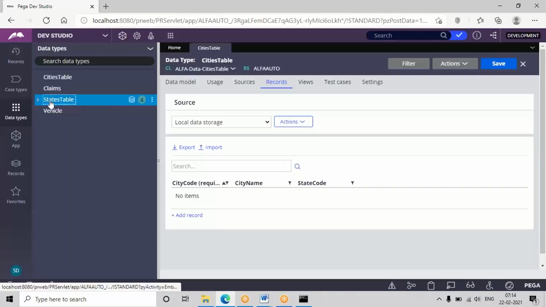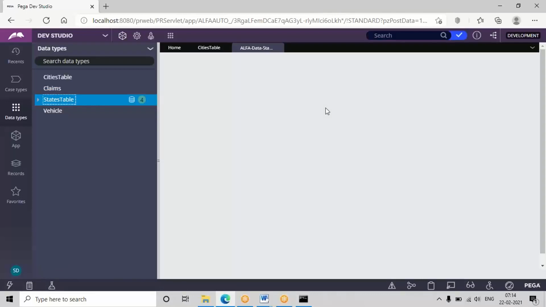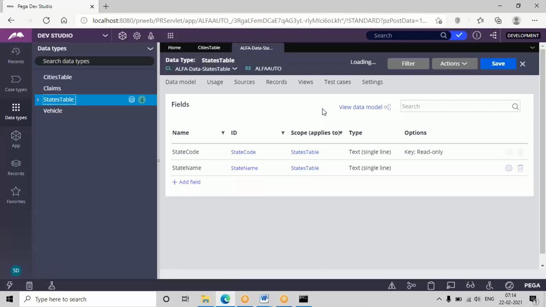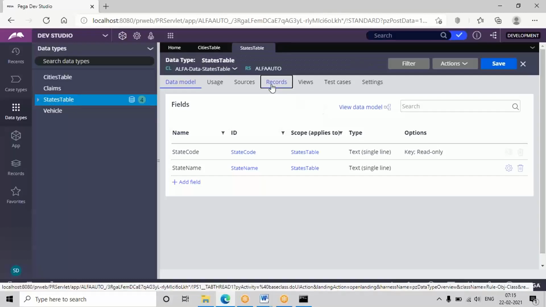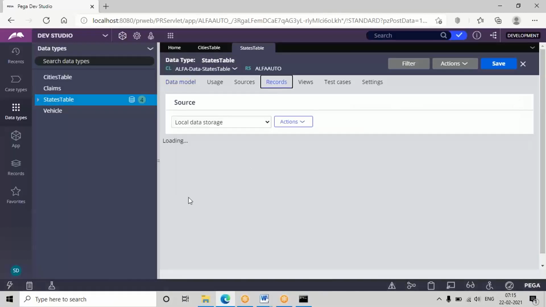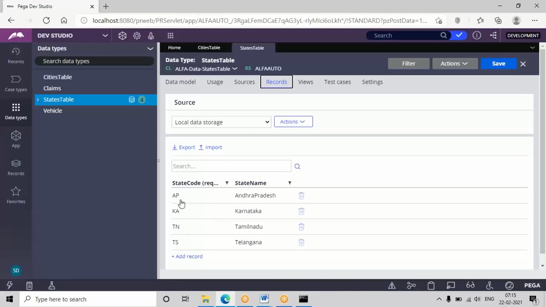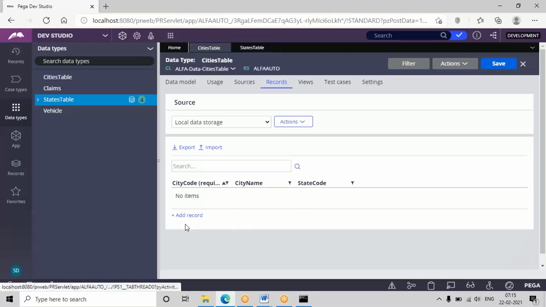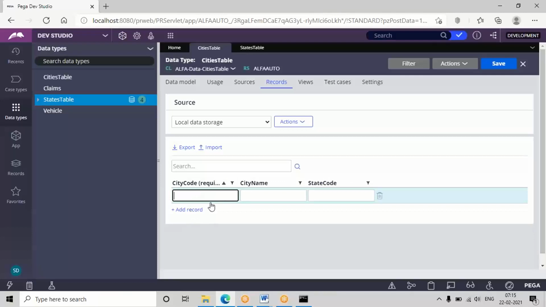See, in my state table, let's check what records I'm having. Based on that, I'm going to give the records for the city values. Because here, based on the state names I have, I'm going to give some records in the cities table. These are the records I'm having in my state table. So for these only we have to configure the city values also.